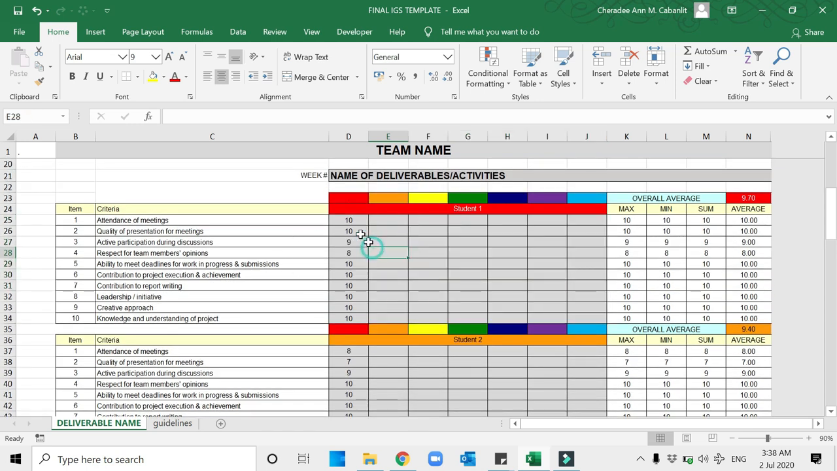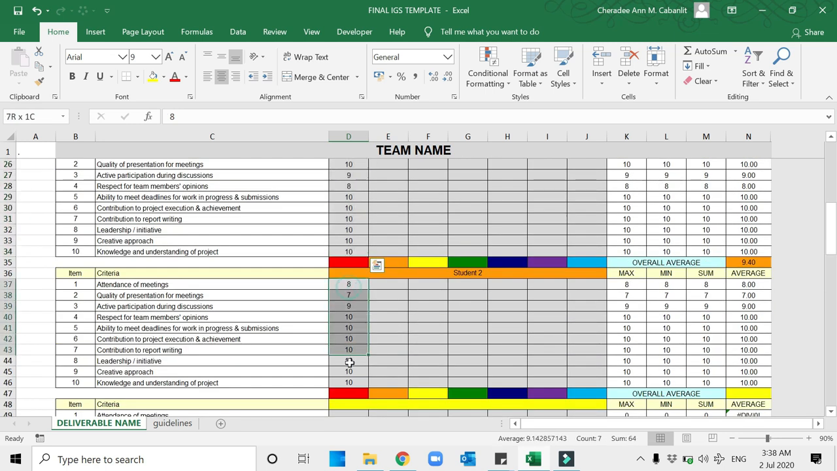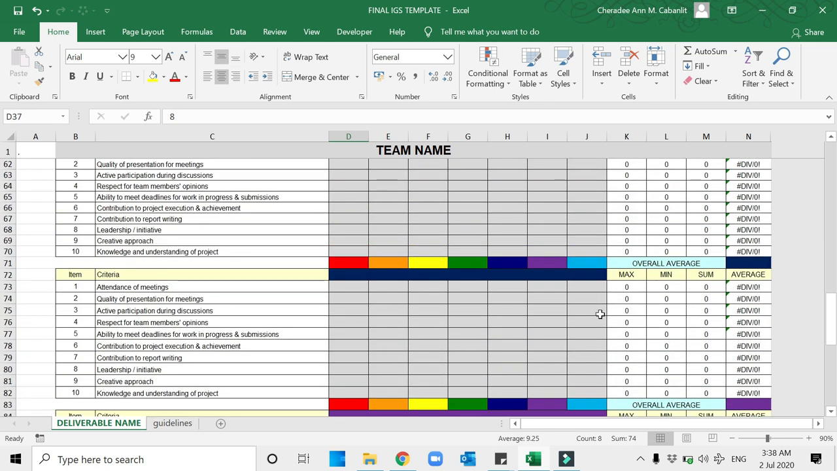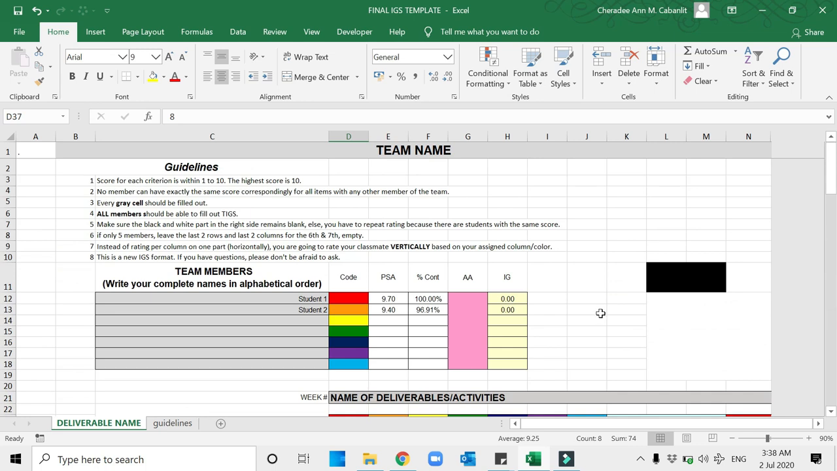And again, do rate vertically, not horizontally. So that's it. That's the individual grading system, and I do hope that you'll be able to familiarize yourselves with this, because this will be the IGS that we're going to make for the entire